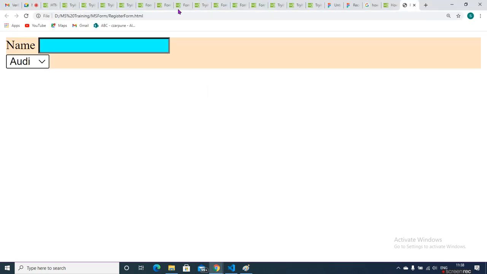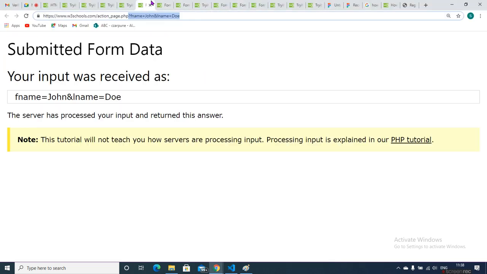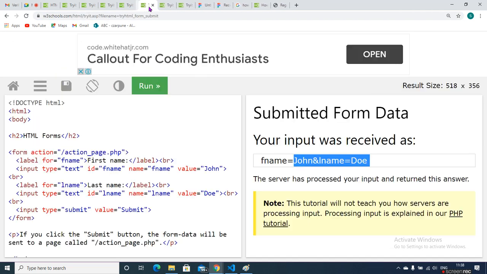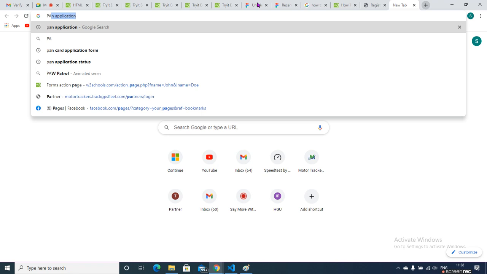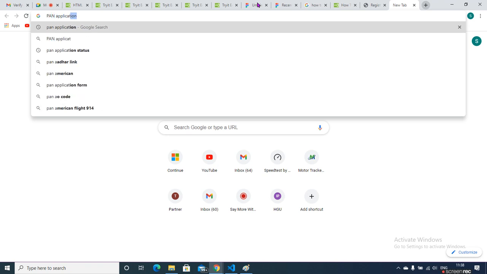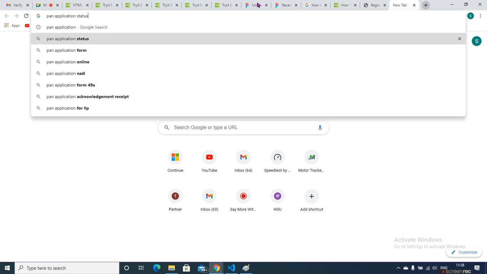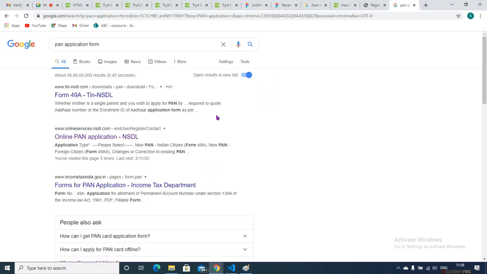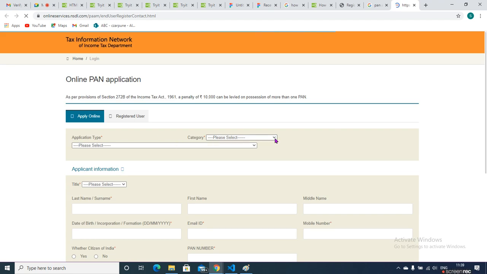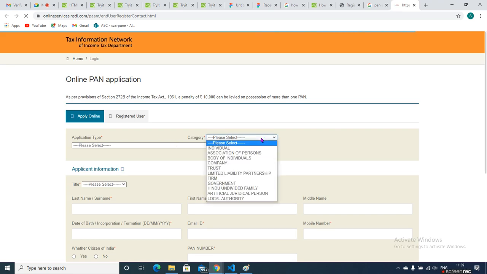Yesterday we saw the PAN application form. I just close the remaining tabs. In that we also saw some drop downs. Here you can see the drop down.